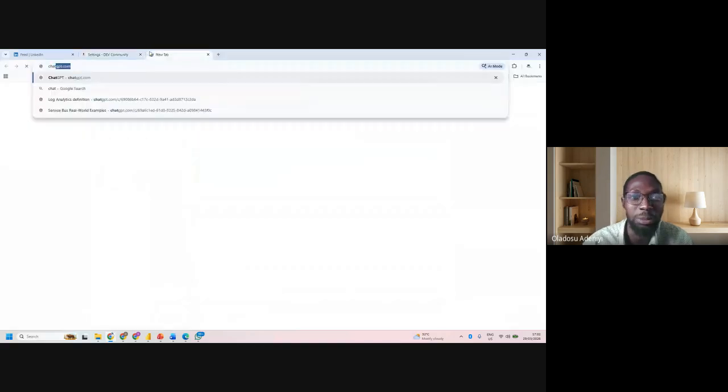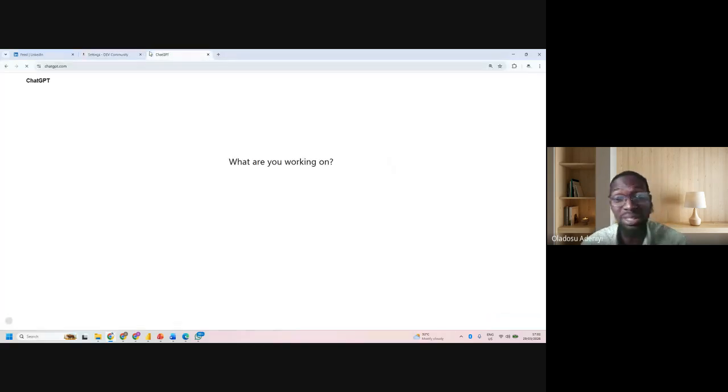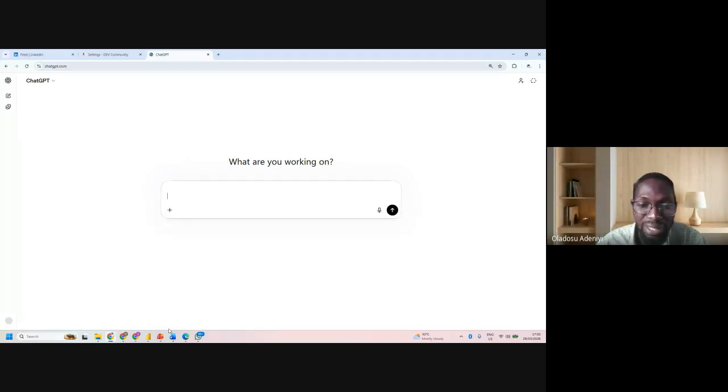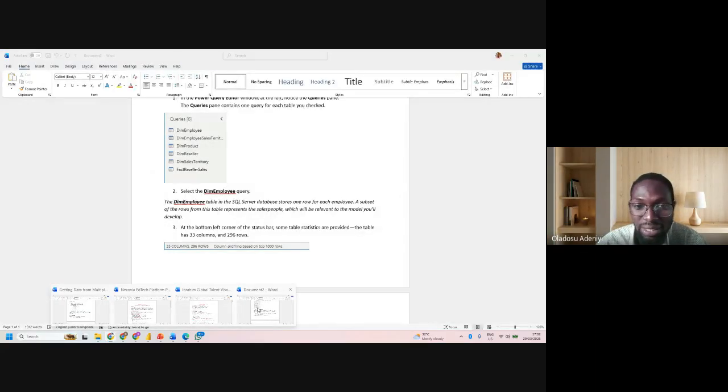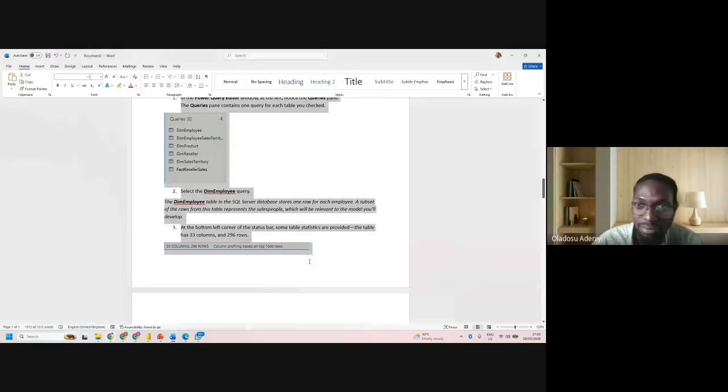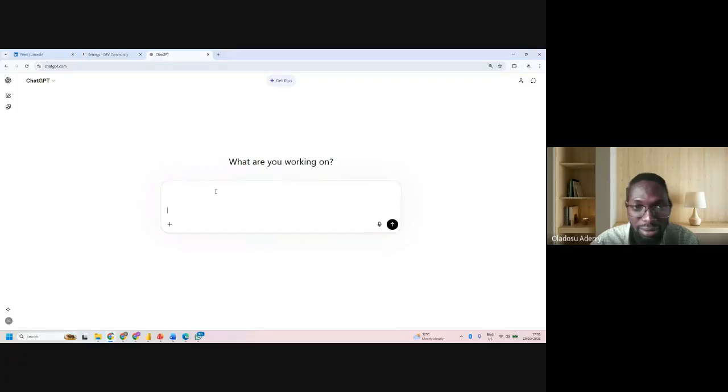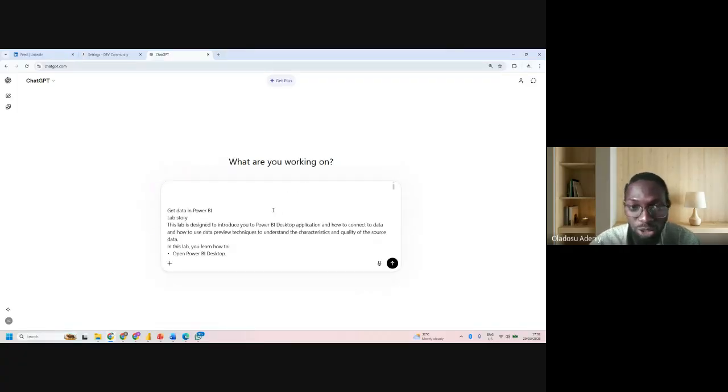Come here, come to ChatGPT. ChatGPT is my friend because I use that a lot. So what you have pasted, everything you have pasted, come and copy everything. Then come here, paste it here, right? Can you see? It's loading, you have pasted it. Then tell ChatGPT, I want to write a technical blog